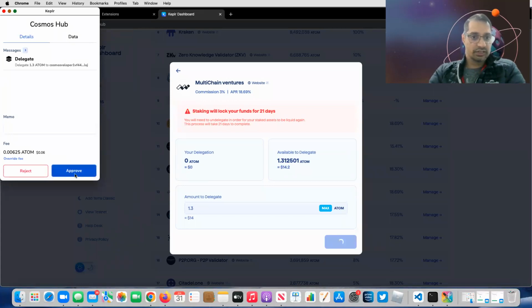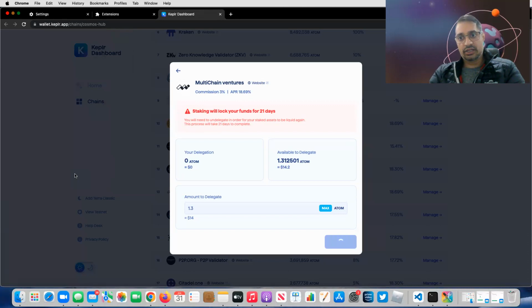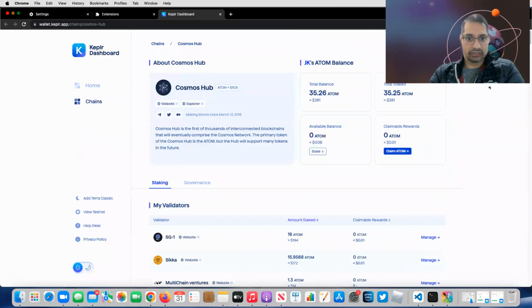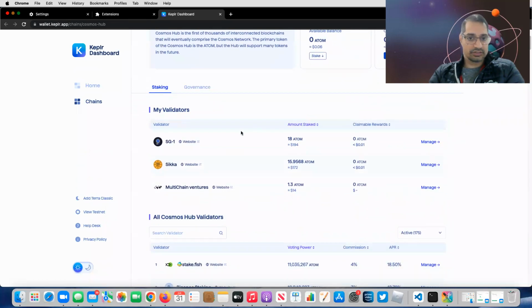I'm okay with that. Let me approve it, and it should be transaction in progress. It should be quickly confirmed, and I should be able to see my stake. So now it's successful. So you can see I have staked to these.